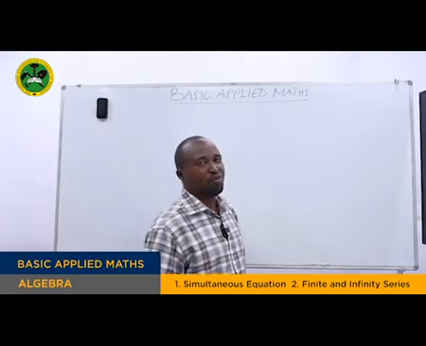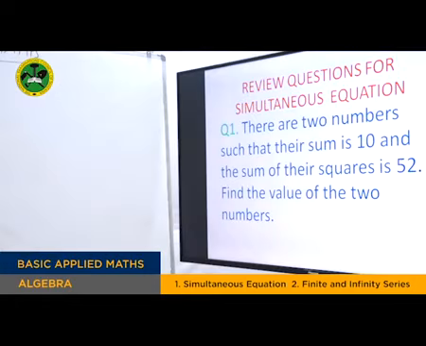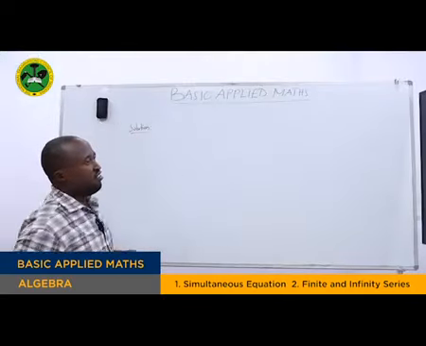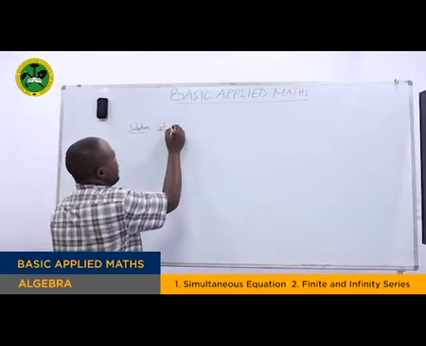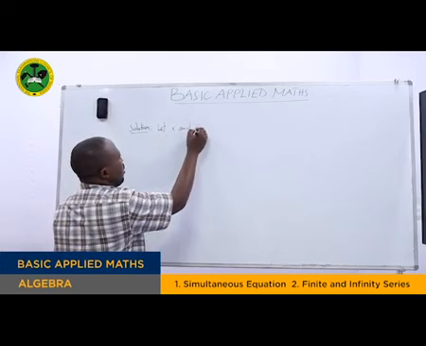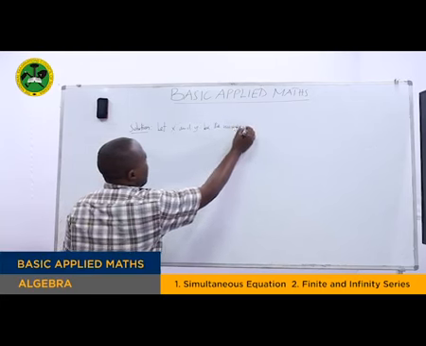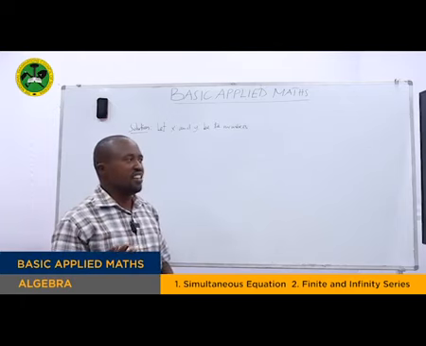My dear student, this is a word problem. Join with me and see how we are going to solve such a kind of word problem. Now, solution. First step, we let some letters: let x and y be the numbers, because the numbers are unknown. So we let x and y be the numbers.